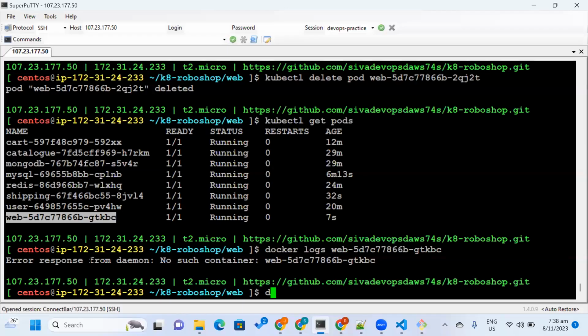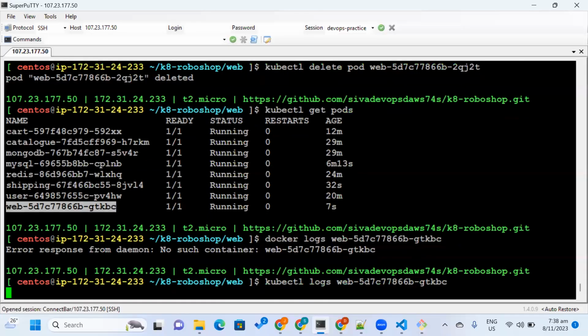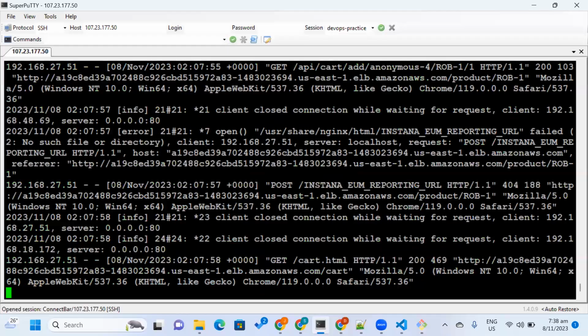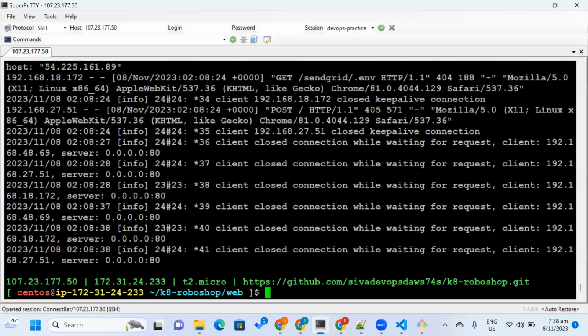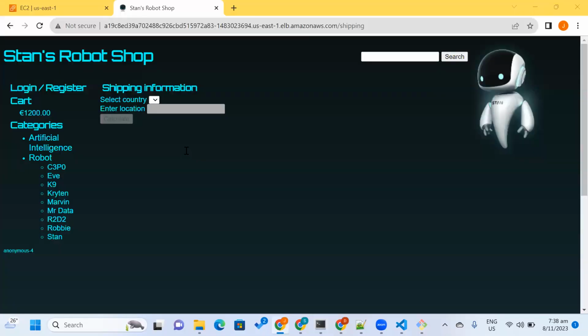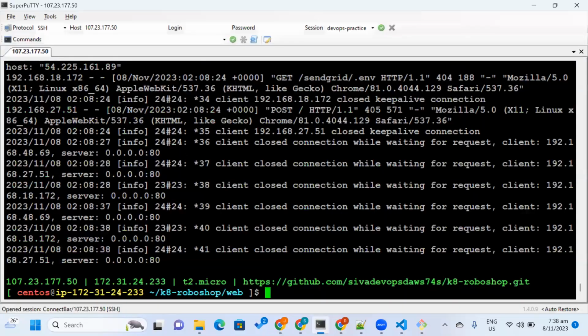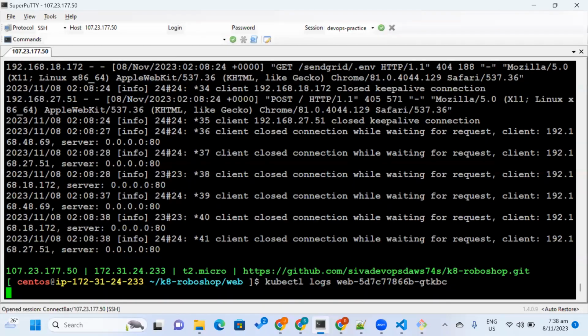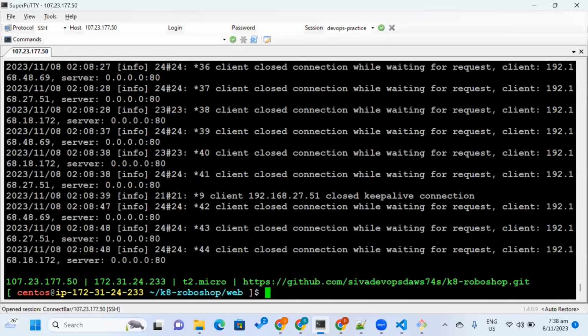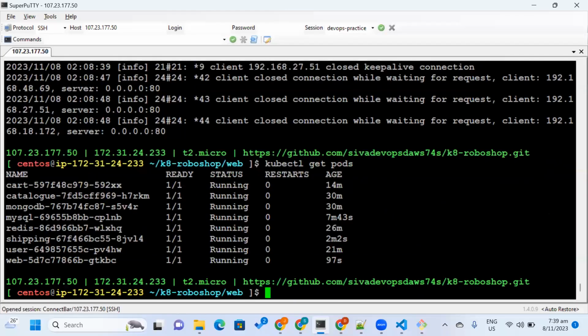Okay, so container created, sorry, kubectl logs. Seems some error. kubectl get pods. Everything is running. But